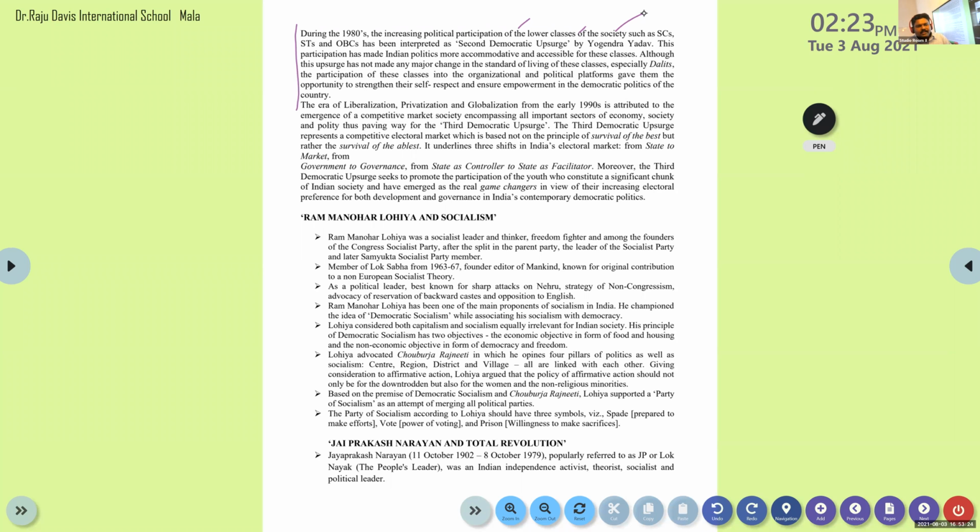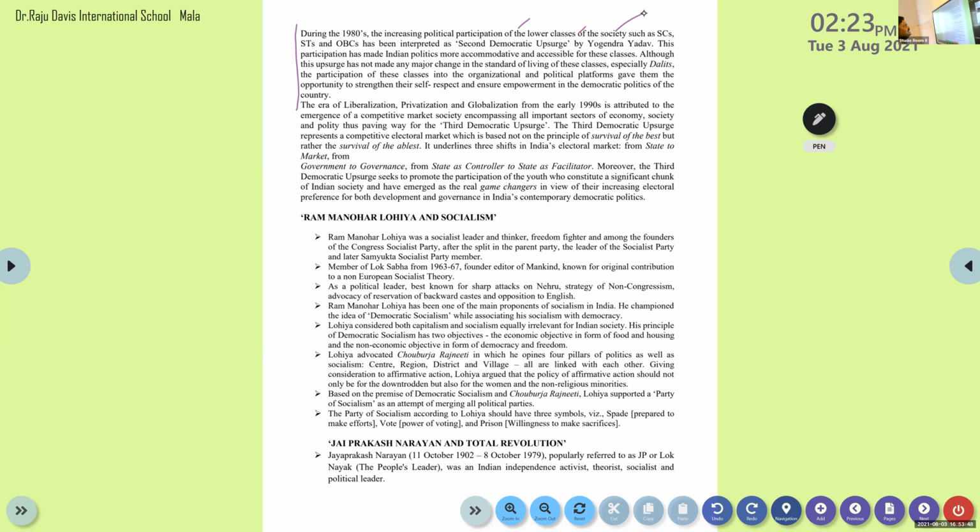Clear? So Indian politics turned into a politics where chances are there for all the different groups of people,